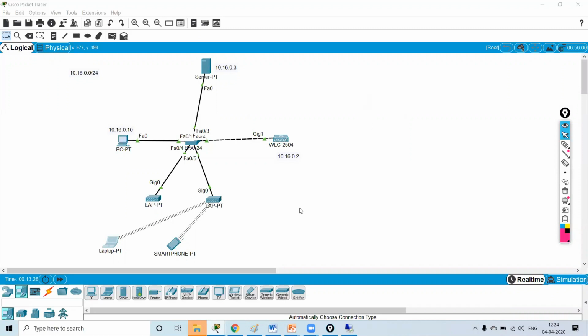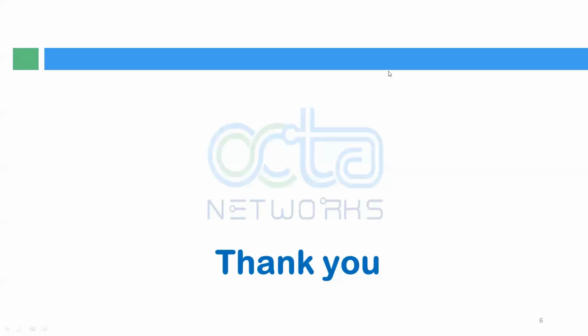So this is the simple one. I was getting queries from Hari and Varun, both of them. They were configuring and they were having some issues in the basic setups. So I have made this new topology, the simple one, to get better understanding of how the wireless network works. I hope you understood my lecture. Thank you very much, guys.